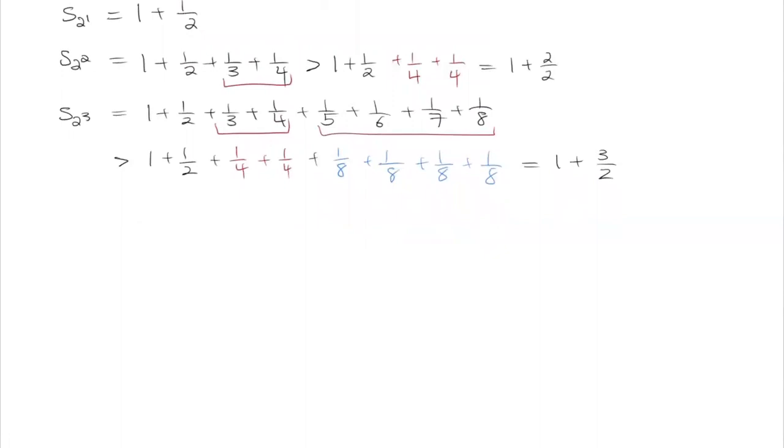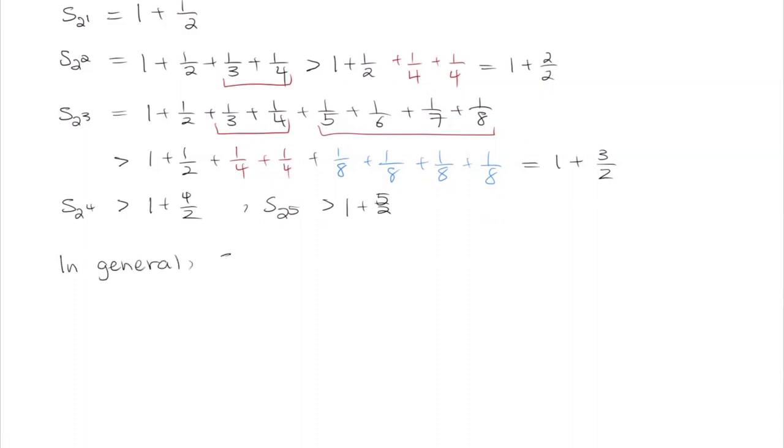So we can make some kind of relationship. We could also see that s to the 2 to the power 4 is also larger than 1 plus 4 over 2. And we could also see that s to 5 is also larger than 1 plus 5 over 2. So in general,